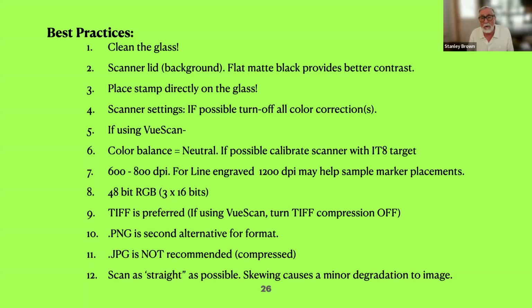That worked pretty well. Other people will just tape a piece of black construction paper on there. If you find that white works better, more power to you, or any other color for that matter, as long as you have a contrast. Put your stamps right on the glass. Do not use a Barrio or a stockholder, no matter how new it is,